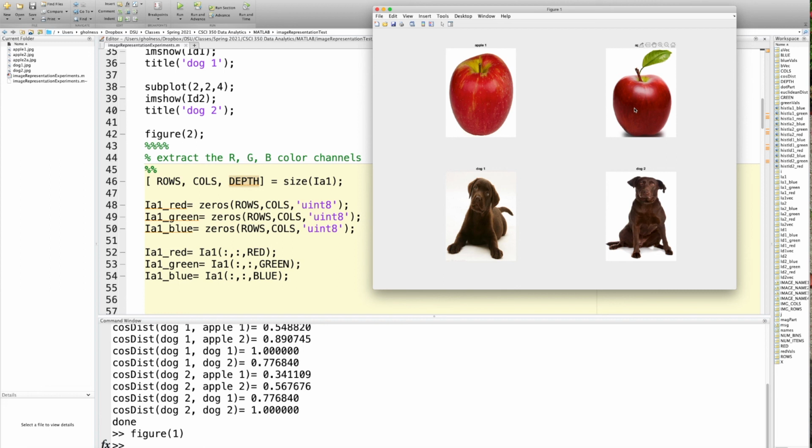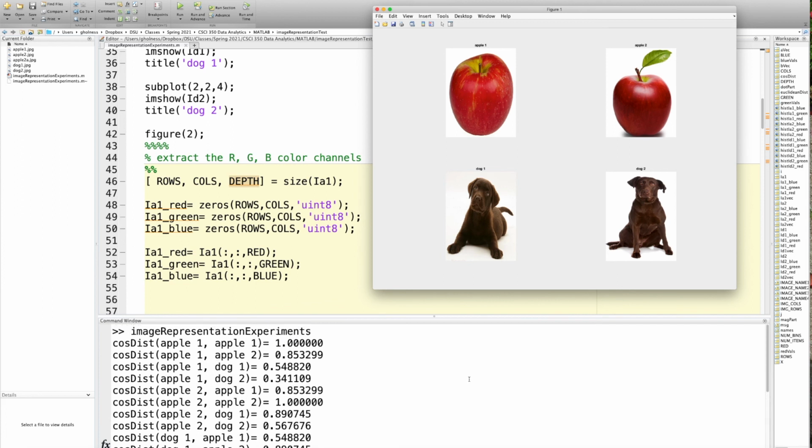Here's apple 2. It's not the same apple, the same or similar type of apple, but not the same apple. Here's dog 1. It's a puppy chocolate lab. Here's dog 2. It's an adult chocolate lab. And so now, if I direct your attention to the command window, you can see the cosine distance, which ranges